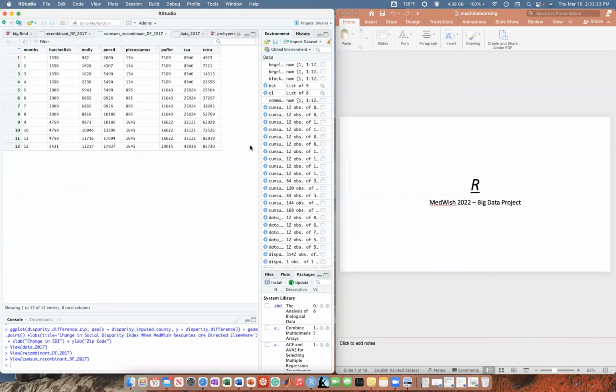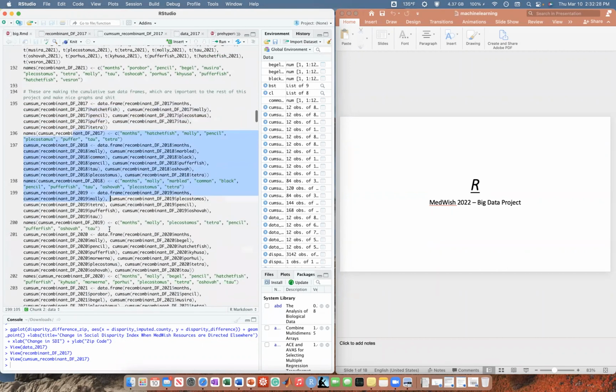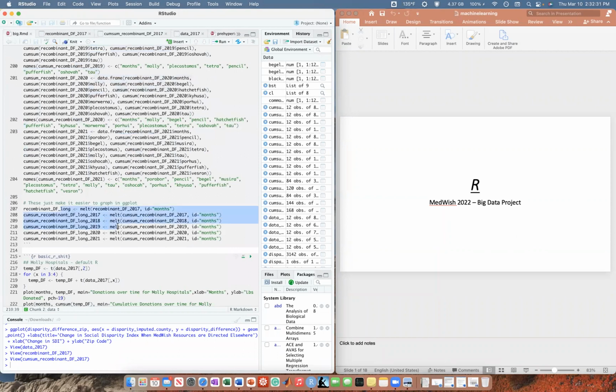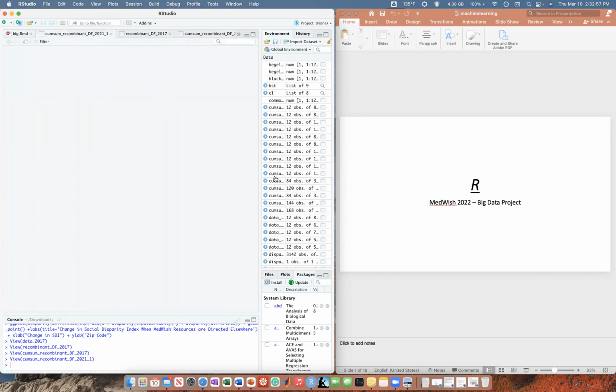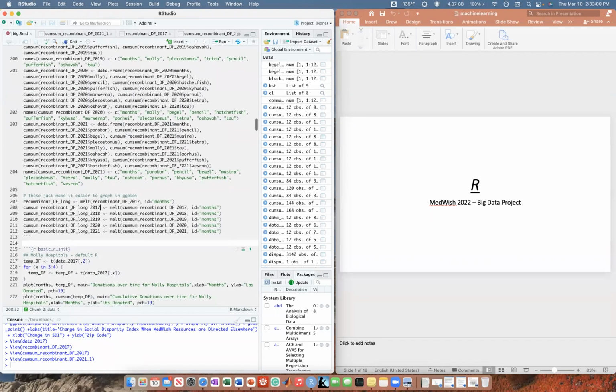I was not really creative with the names, but you get the idea. It looks like this. It has no zeros, which is really important, and it makes graphing really easy. I did this for every single year. And then this code is just, if you're using ggplot2, you have to make it into two columns. I'm going to show you what that looks like, actually, if I can find it. I have a lot of arrays, I apologize in advance.